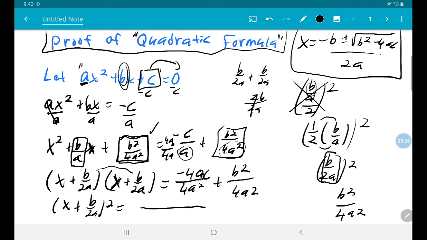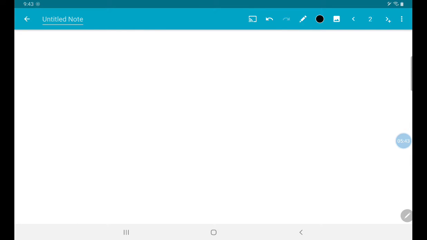And then here, now we have the common denominator of 4a squared. And then I just combine the numerators and I get negative 4ac plus b squared. So let's continue on to the next page here where we have a little more room to write. So I have